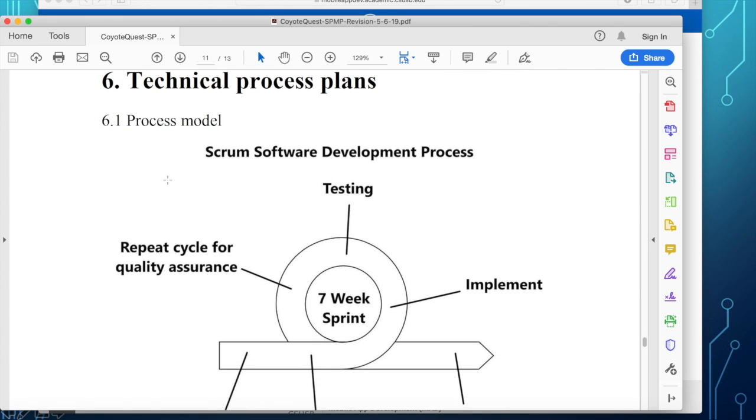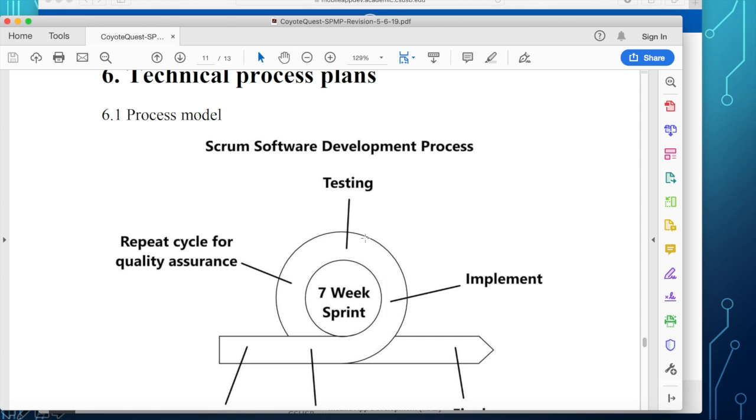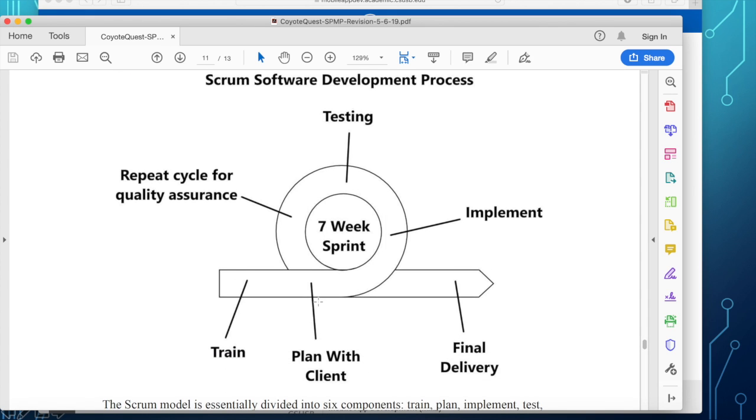Okay, now the process model that was used by this team is Scrum. So they have a 7-week sprint, and the 7-week sprint here consists of training, planning with the client, and then they go into implementation, testing, repeat cycle for QA, and then finally final delivery.